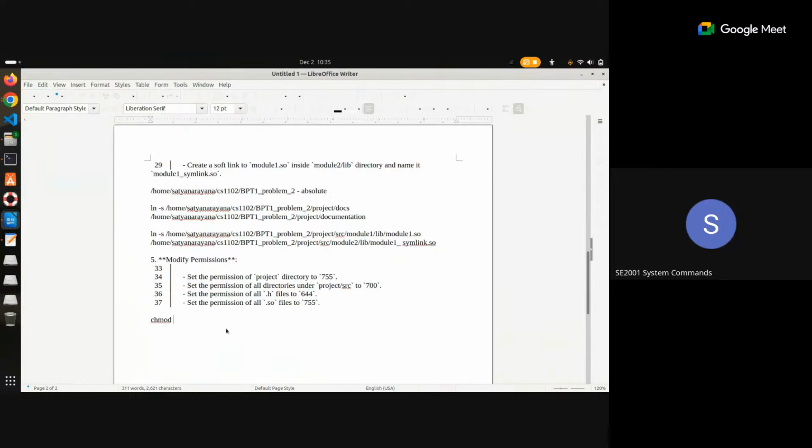Directly they have given this particular change mode value, which could be an octal value, base 8, 755, and then the project folder. This is okay, the first one. The second one is that